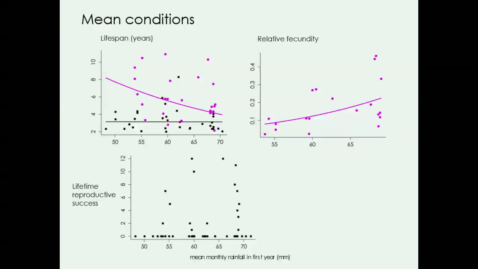the individuals who had a good early life, so had a high amount of rainfall, which we know is correlated with food abundance, had a shorter life, but they actually sired a higher proportion of all individuals they could have, compared to these individuals who had longer lives, but a very low proportion of all pups. But obviously they had more pups to sire because they had a longer life to live across. And ultimately, this leads to no effect on lifetime reproductive success. So there seems to be a trade-off here in investment between reproduction and survival.